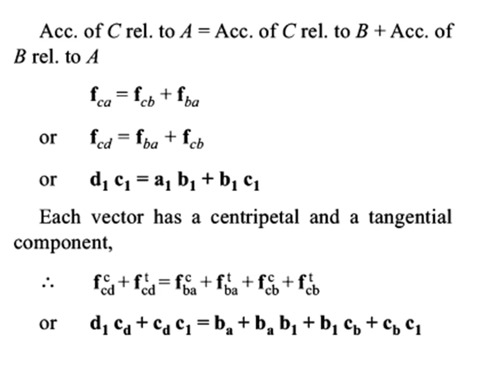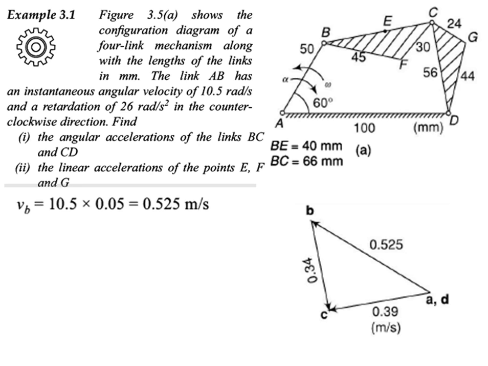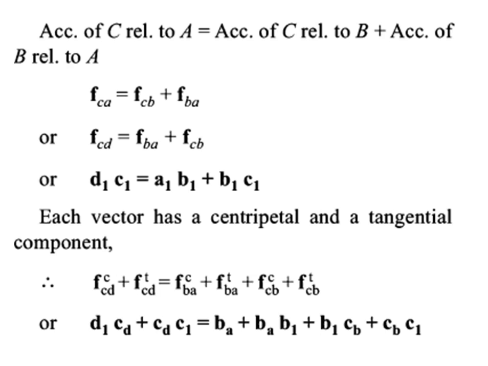So let us take D instead of A. So it becomes FCD is equal to FBA plus FCB, and it can be written as D1 C1. We have taken the number 1 for acceleration. So we have used small letters a, b, c, d for velocity, showing the velocity points. Here for acceleration we take them as A1, B1, C1, D1, like that. Okay, so D1 C1 is equal to A1 B1